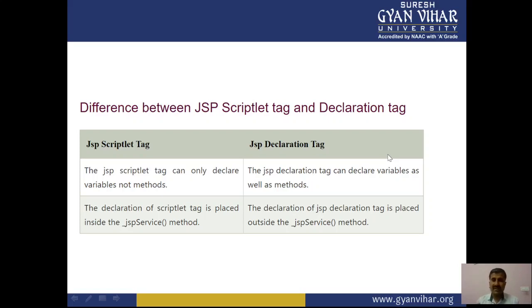After the compilation, there is class loading, and after the class loading, there is instantiation with initialization. After that, we have request processing using the service method: the client sends the request, it is executed, and the server can reply back like that. So this is all about the service method inside the initialization and all, right?